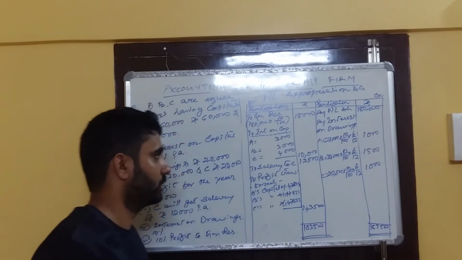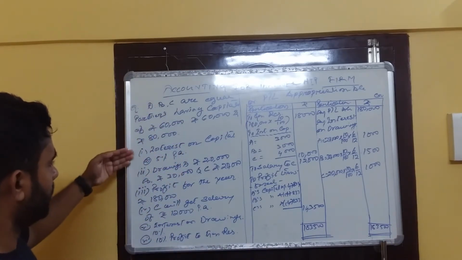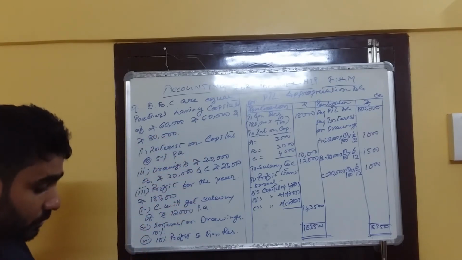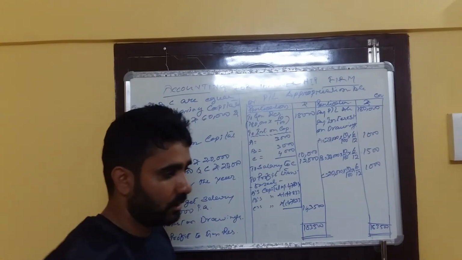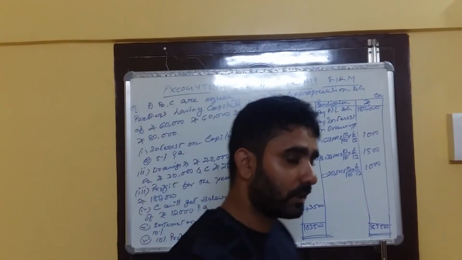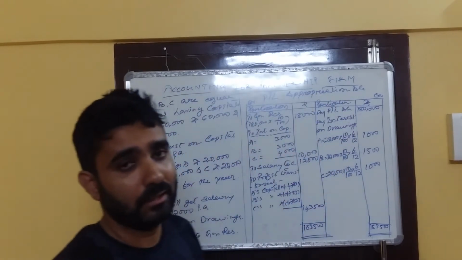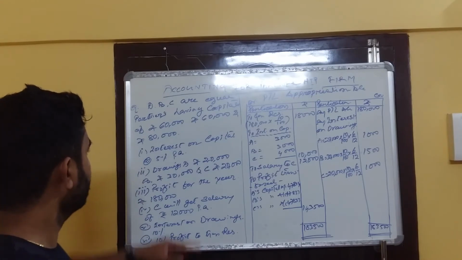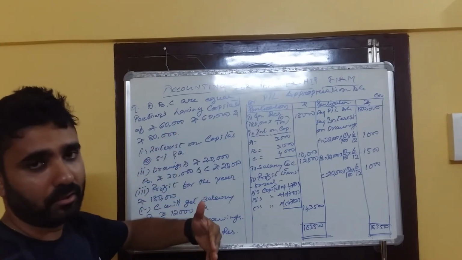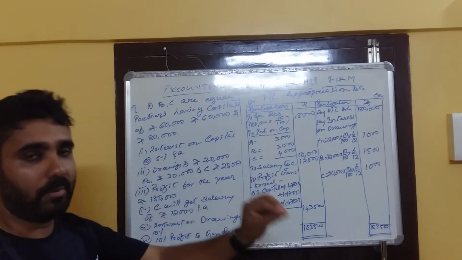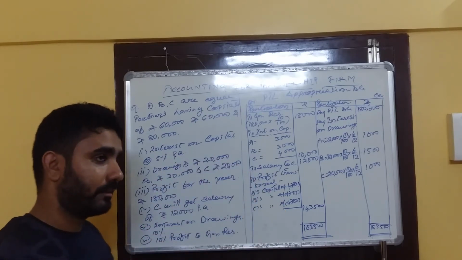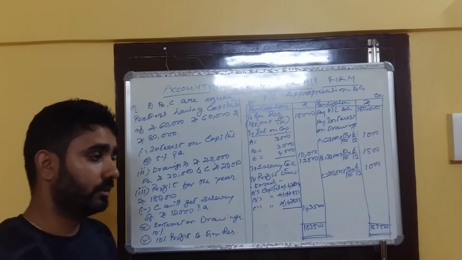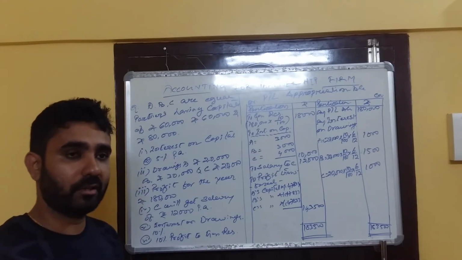10% of 1,80,000. Now I will come down to the first point, interest on capital 5% per annum. First you need to understand what is interest on capital. Interest on capital means whatever capital partners have invested at the time of making the partnership, that is their capital, and on this capital the firm needs to give some interest to the partner. It means partners have invested some amount in the firm, they have given some capital to the firm, and on this capital the firm needs to give some interest to the partners.